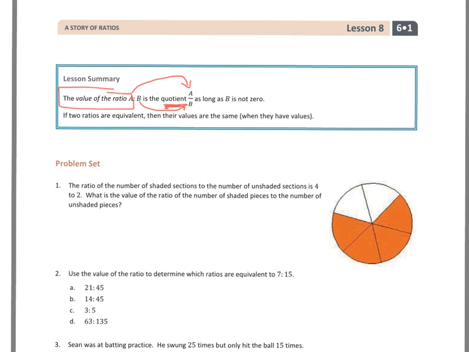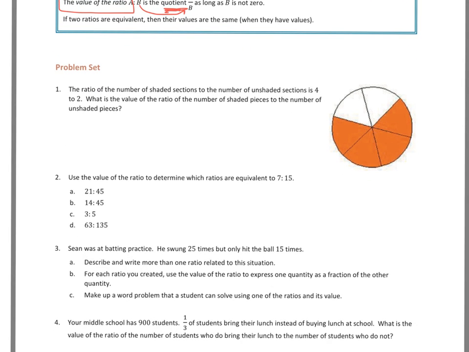So let's take a look at one first. It says the ratio of the number of shaded sections to the number of unshaded is 4:2. What is the value of the ratio of the number of shaded to the number of unshaded? So if I go over here and count, I have shaded, which is 4, and unshaded, which is 2. So I have to make a ratio of shaded to unshaded. So there's my ratio. But I need the value of a ratio, meaning I'm going to turn it into a